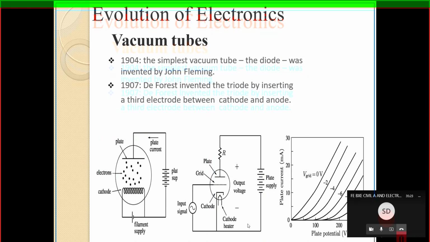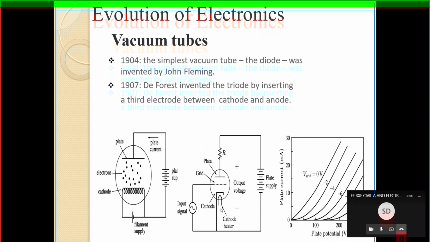This is the equivalent circuit of electronics. You see here we are applying the input voltage. The input voltage is applied through the grid. What is meant by grid? The grid is a semiconductor material. Any type of diode conducts after 0.7 volt, because the conducting state of the diode is 0.7 volt. We can apply it to the plate, grid, and the cathode.